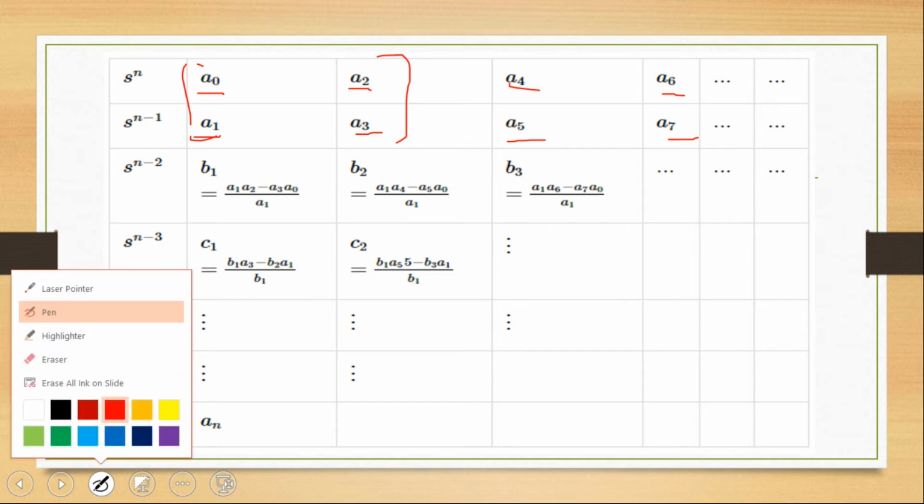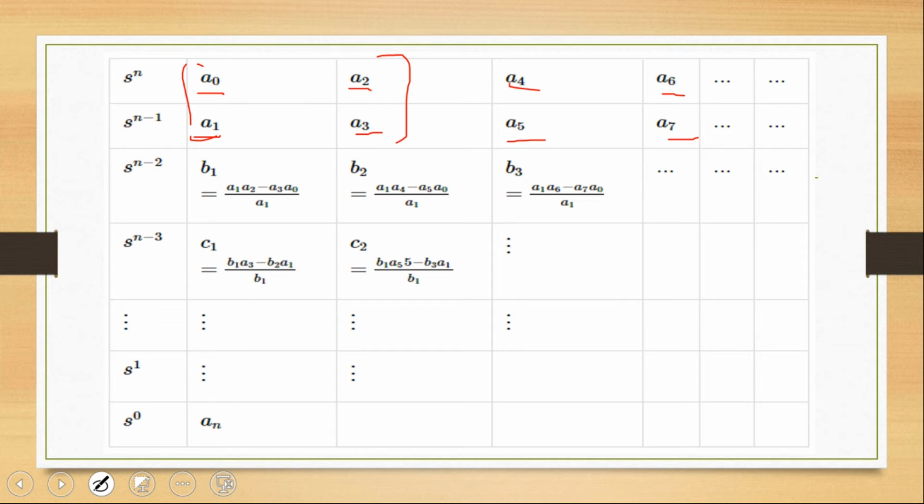So how are we going to write it? The third row first element is b1. This b1 is equal to a1 into a2 minus a3 into a0, divided by a1. That will be your first element of the third row. Likewise, the second element of the third row, which is b2, is obtained by again considering the determinant